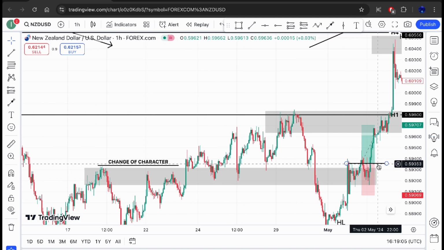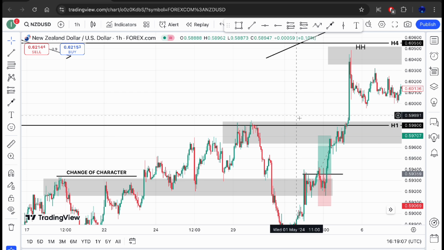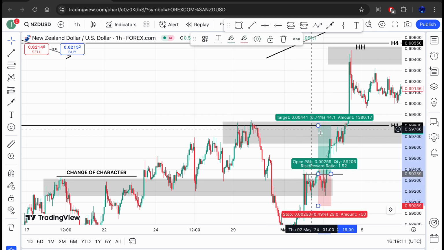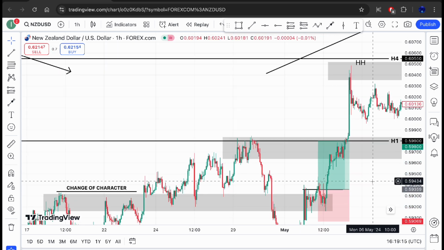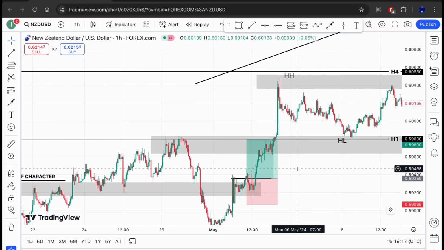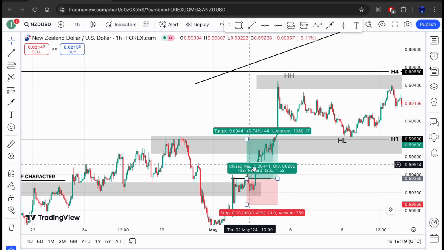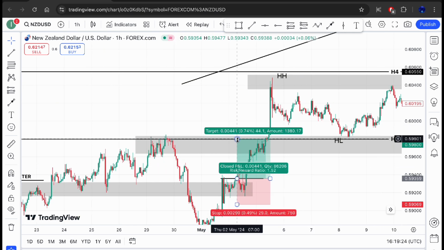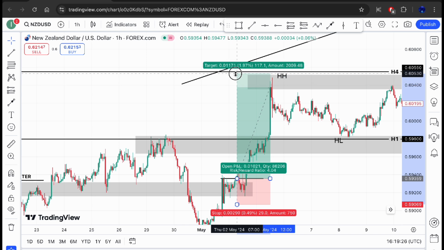Then my take profit, since we know we are targeting these highs to create a new higher high, I would have placed my first take profit here, which was a 1 to 5 hour trade, not a bad trade honestly. Then the second take profit, as usual, since we already marked out psychological levels, if we're going to trade on psychological levels, that's for swing traders, we would have extended our second take profit to this second psychological level, which was the